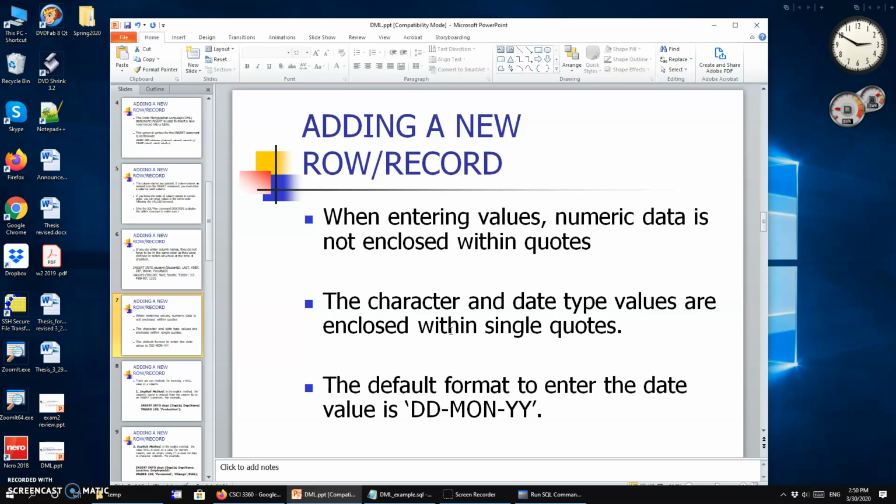The date format is going to follow the day, then 3 letters to represent the month. So if it's January, it will be JAN, and then you provide the year using a 2-digit number. This is the default format for Oracle to take the date data type. So there are quite a few things that you need to remember when you try to input the data into the